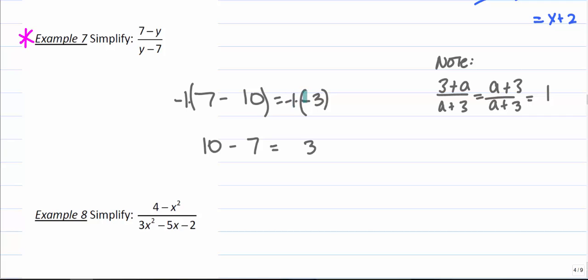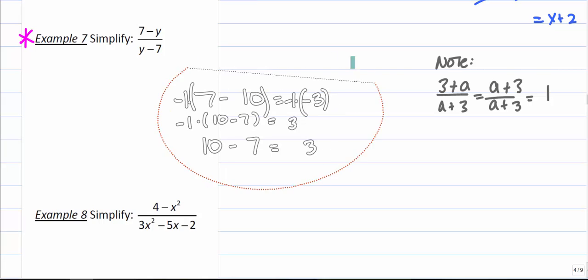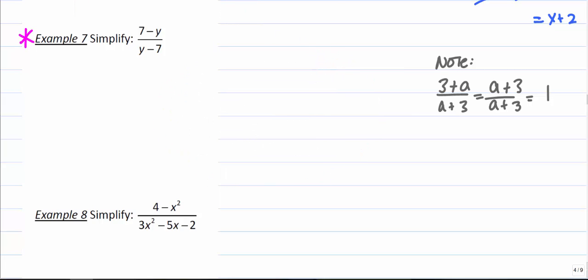So if I were to multiply by negative 1, I can then reverse the order of the subtraction, because that would now be negative 1 times... I just did that weird. I didn't mean to change that. That would now equal 3, because negative 1 times negative 3 is 3. So that's kind of weird. It's kind of a weird concept, but it is just a fact. If you want to memorize it, it is a fact